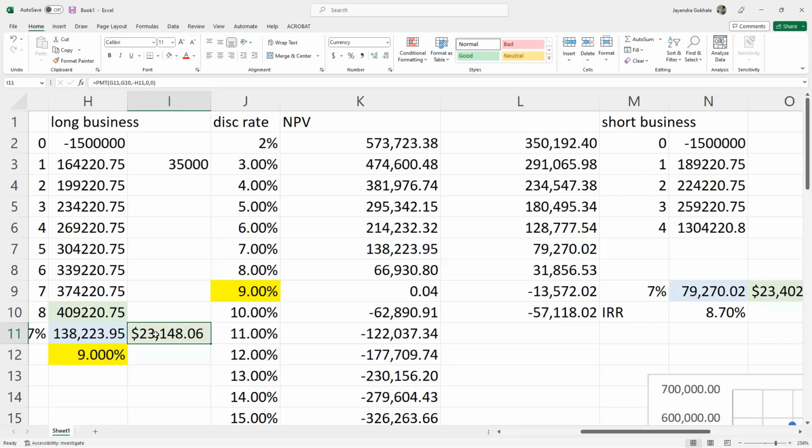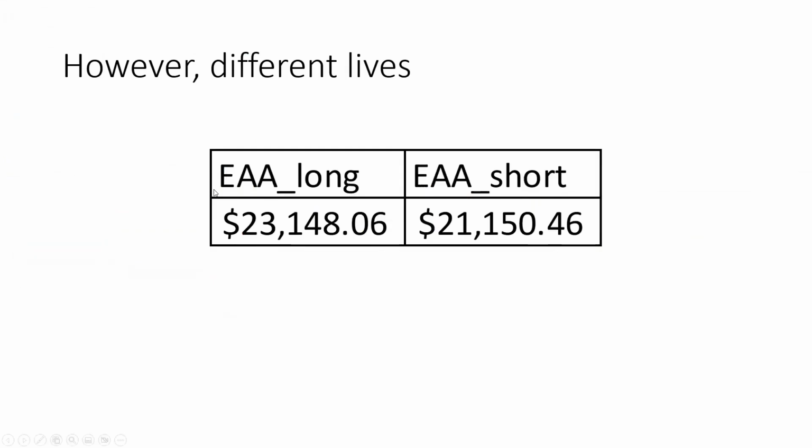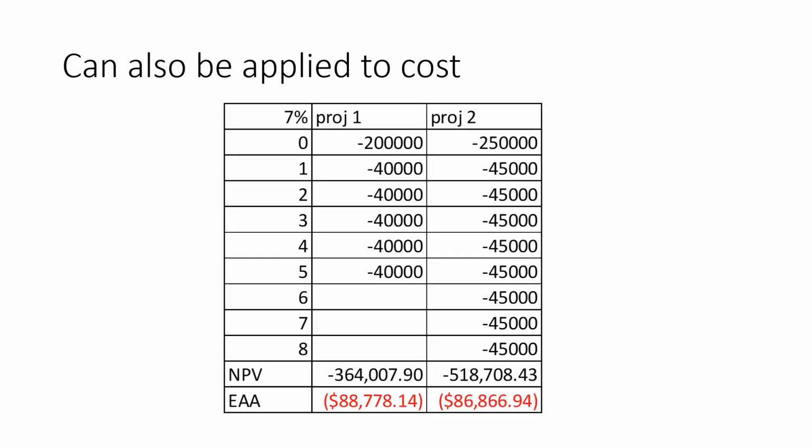So that is what we are trying to find out with the help of the equivalent annual annuity. So this is called equivalent annual annuity. So we select the one which has a longer or more positive equivalent annual annuity. Now this can also be reverse engineered into cost. So for example, if we have two projects, project one, 20,000 produces cash inflows of 40,000 each, we can find